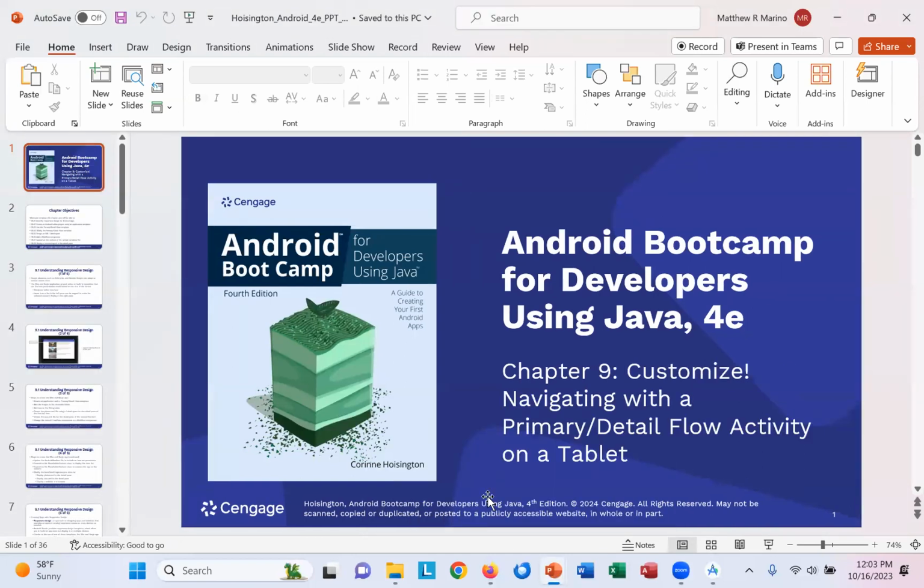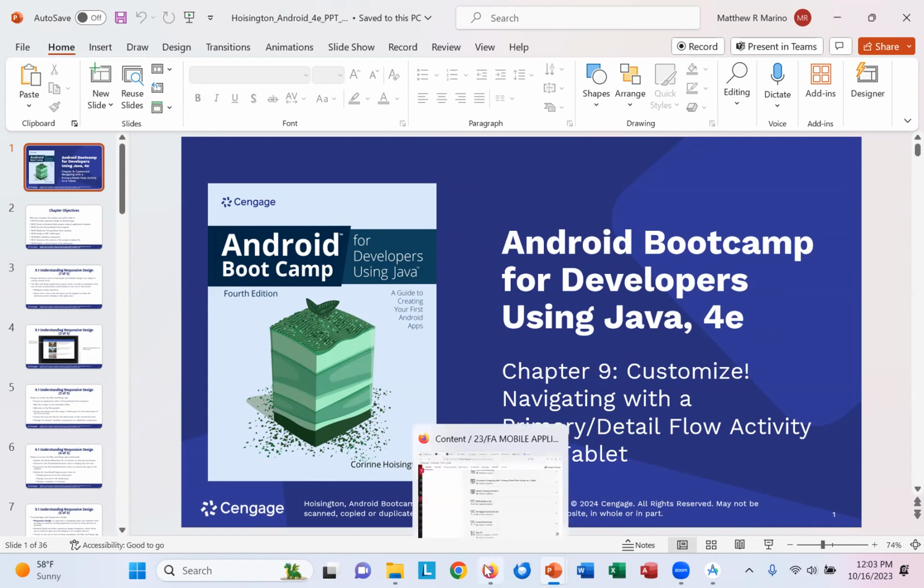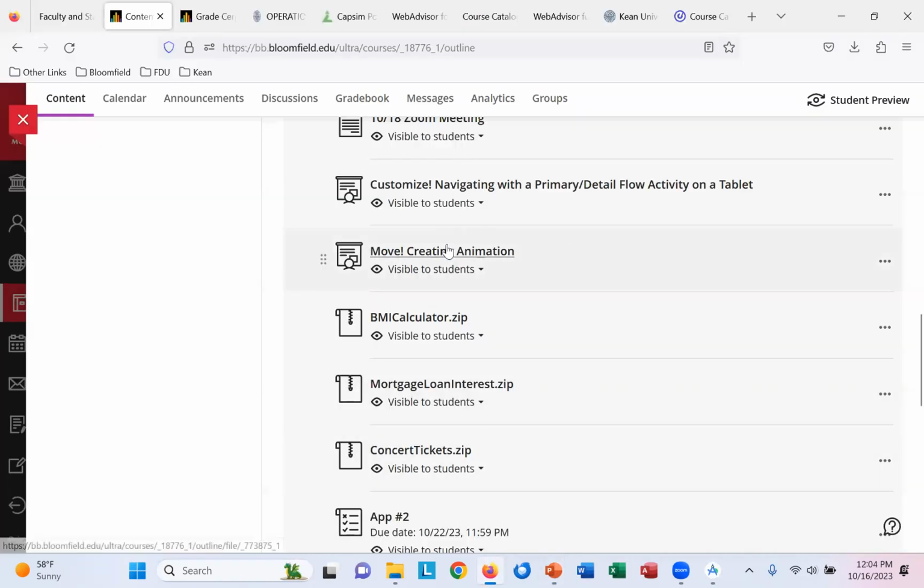All right, young scholars, today we are going to go through quickly the two slide decks that I have posted up here on Blackboard. And then you also see that I have three different projects we're going to look at today. The BMI calculator and the mortgage loan interest we're going to look at to show you that there may